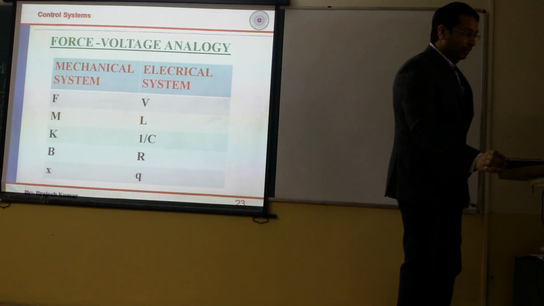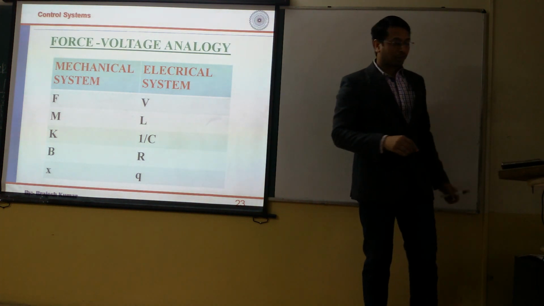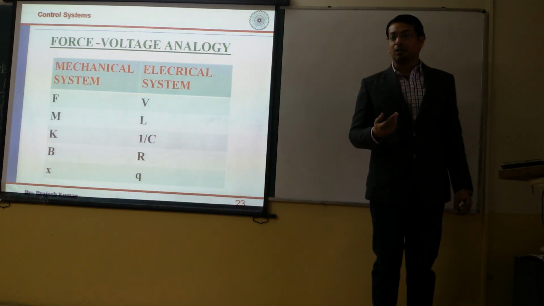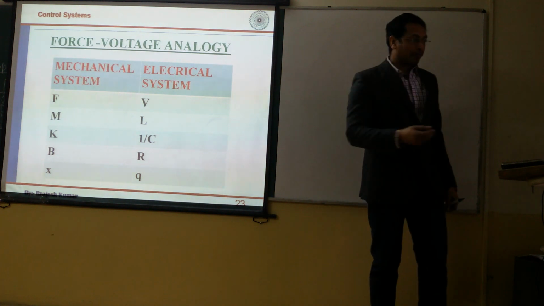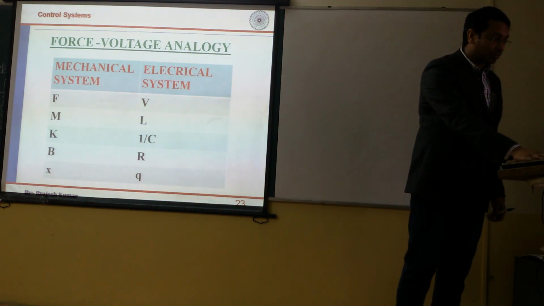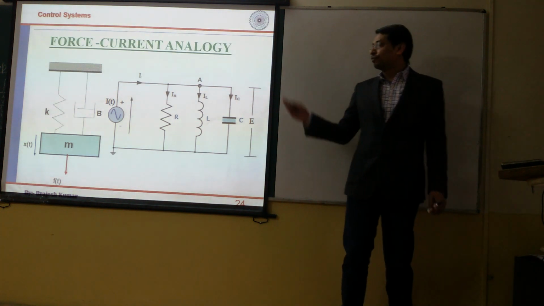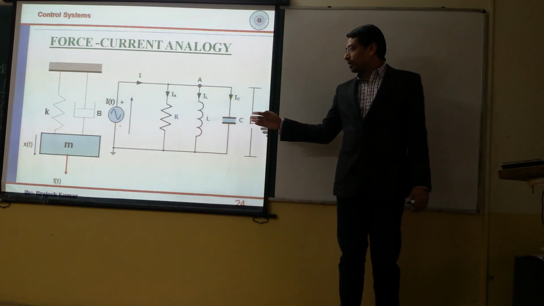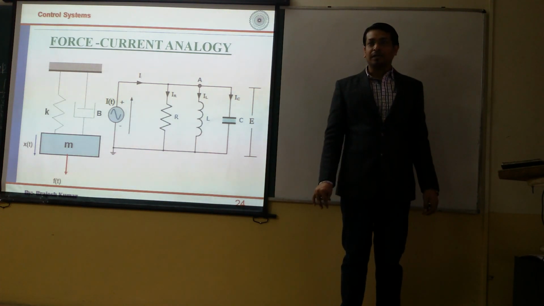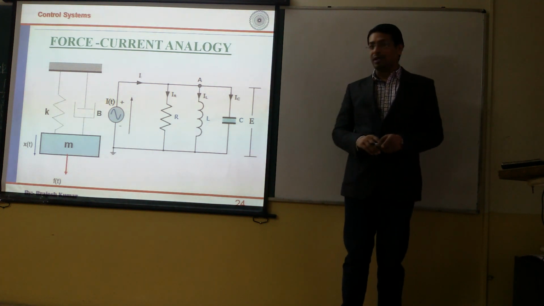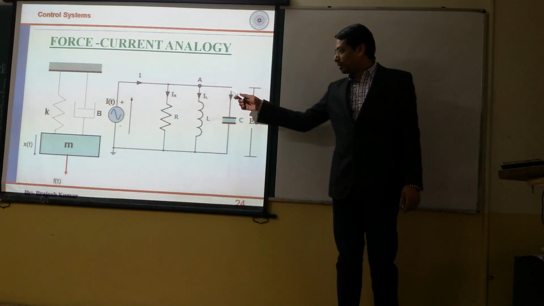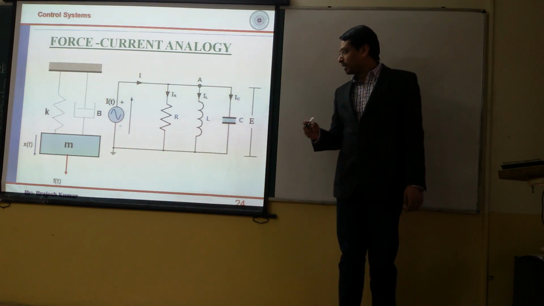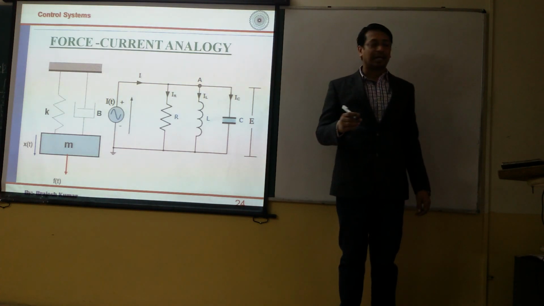Now, this was, you can say, force voltage analogy. So now, since you are having force voltage analogy, you can expect that one more analogous system can appear, where you can apply the current source. So this was your force current analogy. You will keep your mechanical system the same, and you are going to analyze your electrical system. Because the differential equation for the mechanical system we have already written. This will remain the same, and we have changed our electrical system to a current source with parallel elements of resistance, inductance, and capacitor.